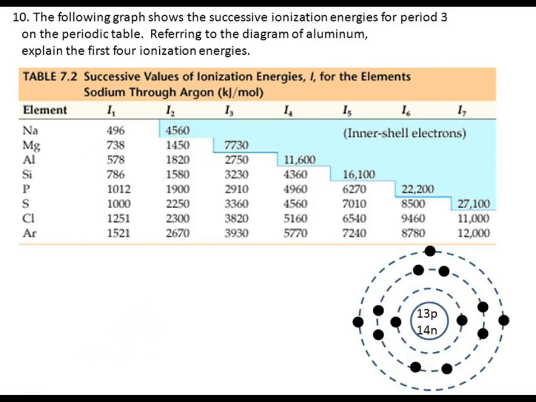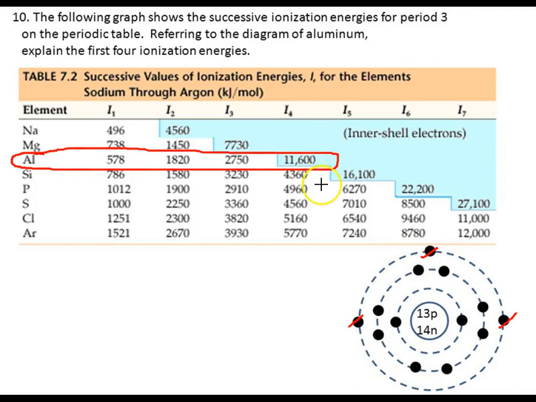However, looking specifically at aluminum, once we get rid of those three, so if you can focus right here on this line, you see the energy to remove the first one, the energy to remove the second one, the energy to remove the third one. Okay, that's what we just looked at on the previous slide. So about 500 or 600 if we're rounding, then 1800, then 3000 approximately to take off these 1, 2, 3